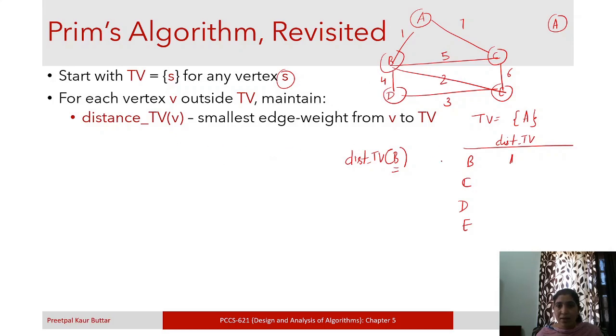And similarly for C, the cost which is connecting it to TV is 7. For D, is there any cost? There is no direct edge. So let me write it as infinity. And similarly, E is also not directly connected to A. Let me write infinity here.